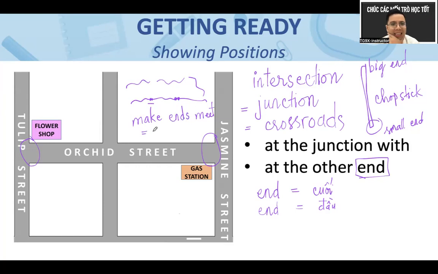Make ends meet. Who knows? To earn enough money to live. Yes, that's right, just enough to live. See, life is full of troubles. These are challenges, and all you need to do is to make ends meet, to make it smooth. That is how you earn money for your life.